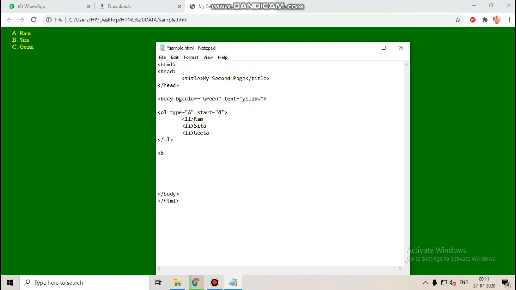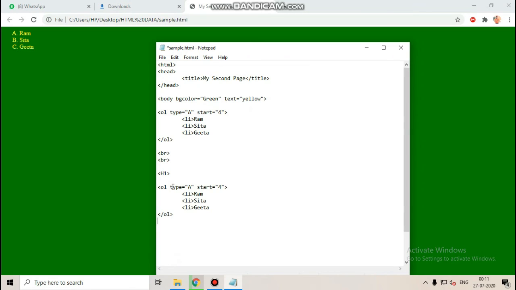Control C. I will use a break line statement. The break line statement will break the line. Two lines it will leave. Now I'm going to write everything in bold letters, not H1. I will write everything in H1. Okay, I'm going to close. I want this heading big. H1. I will close. Yes.